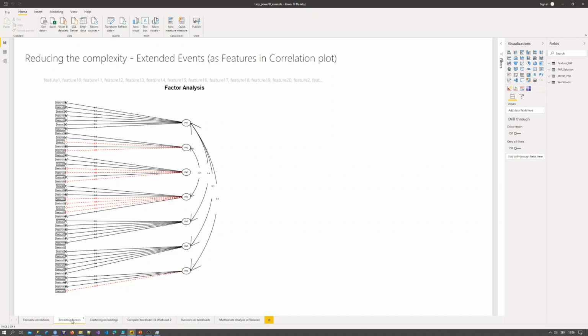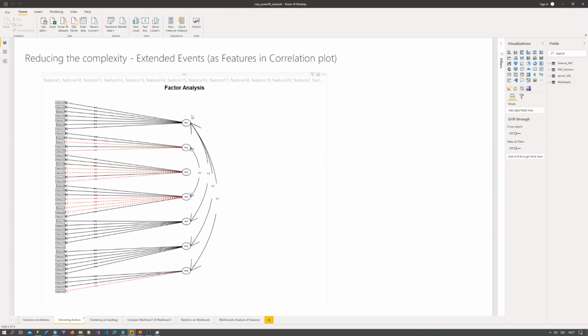Once I have those, I can see that the analysis has created 7 structural measurements for all my extended events, and with those I can go on and play along. So basically, it reduces the complexity of all the statistics available.